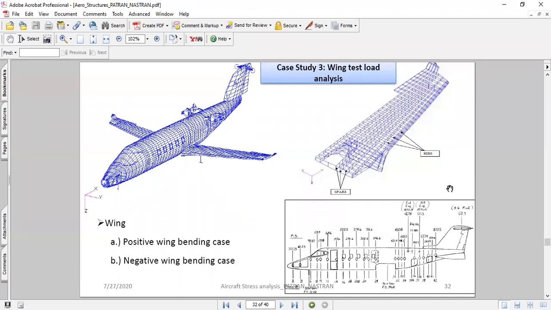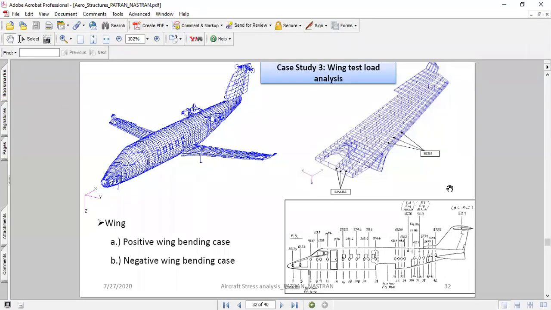They applied those pressure loads from the sensors using the whiffletree mechanism on the test rig. The whiffletree mechanism is nothing but simple rods and plates where they apply the loads onto the aircraft structure.